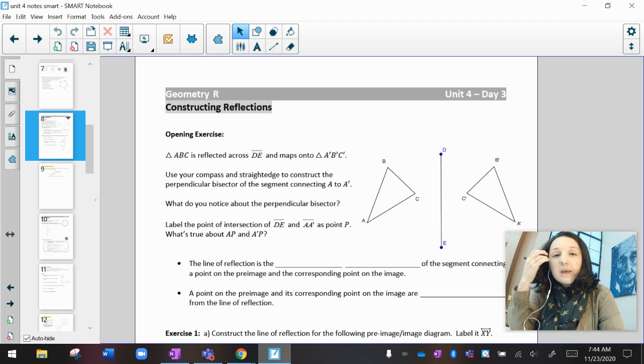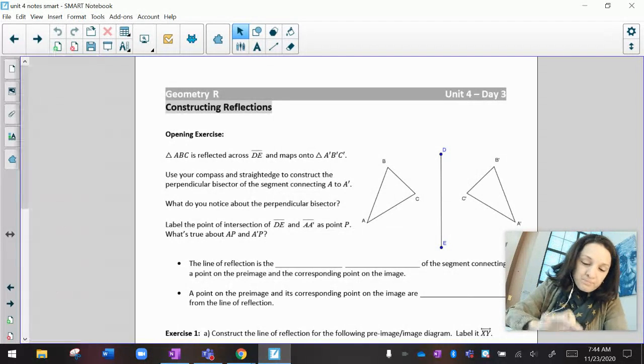Hello, geometry family. Today we are going to continue our work on transformations using a compass and a straight edge. And we are going to work on day 3, constructing reflections. So you want to have near you a pen or a pencil, a compass, and a straight edge in order